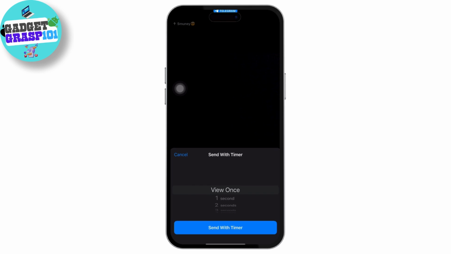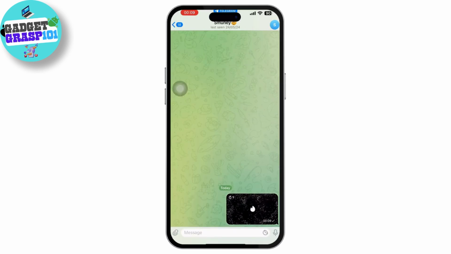Tap on it again. Now choose the duration of the timer after which the photo will disappear. There are examples: 5 seconds, 10 seconds, 30 seconds, view once. Tap on it, and once you have selected the photo, simply tap the send button and it will successfully be